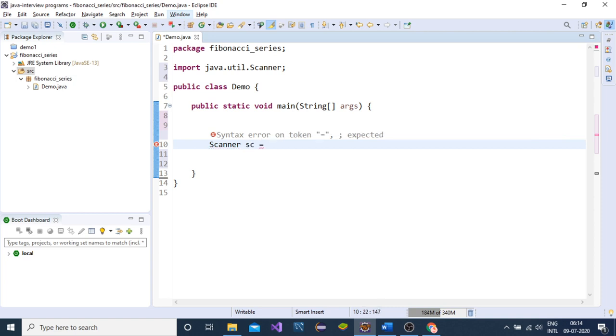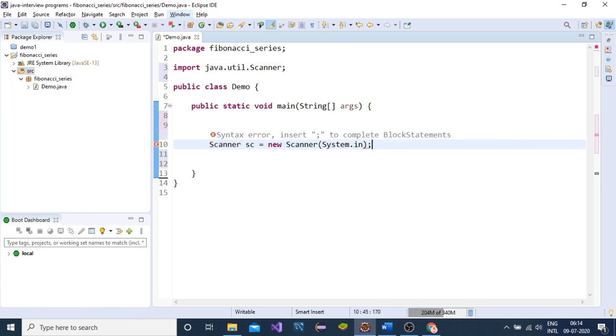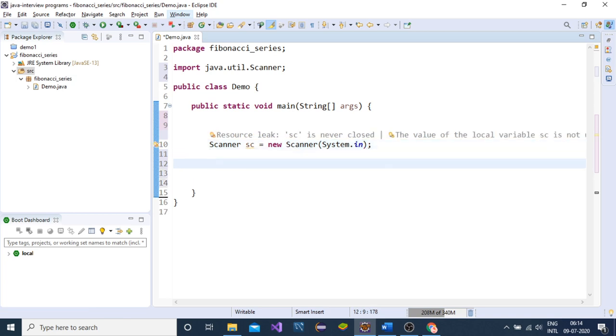For taking input from the user, we will use an object of the Scanner class. The object of the Scanner class gives us the facility to take input from the user using the console.